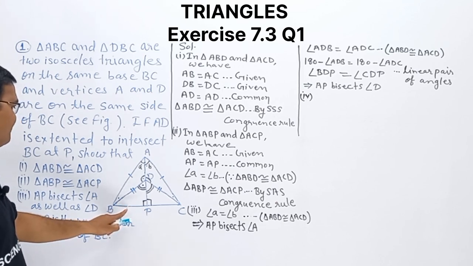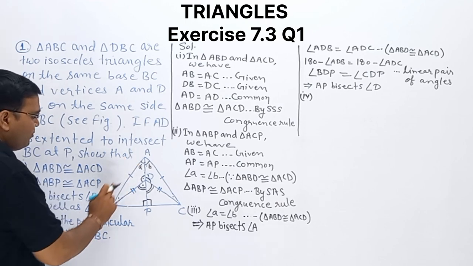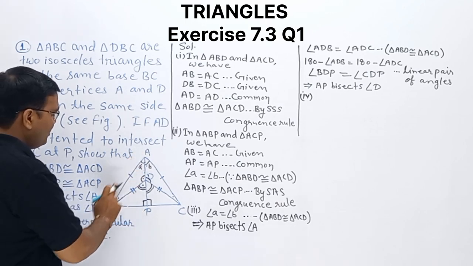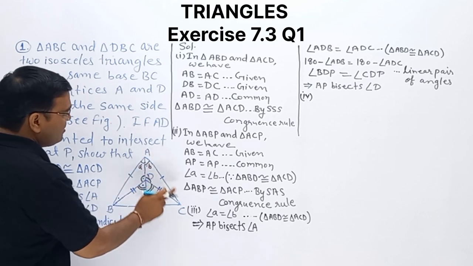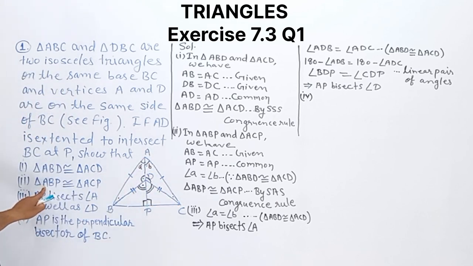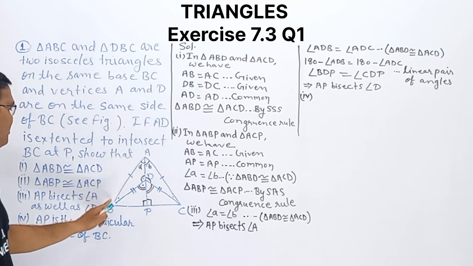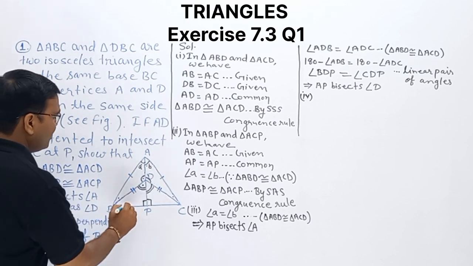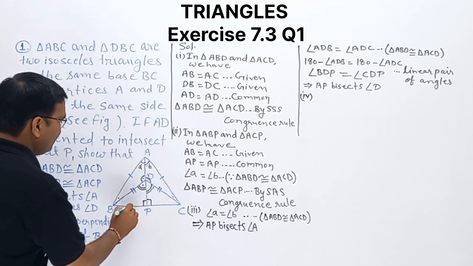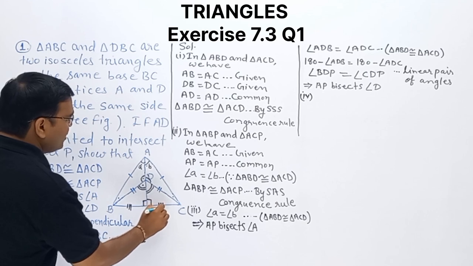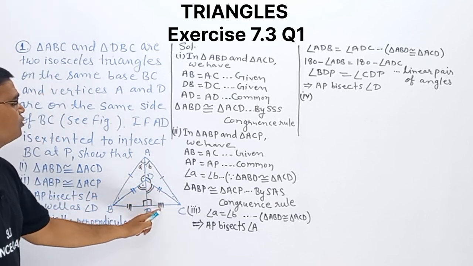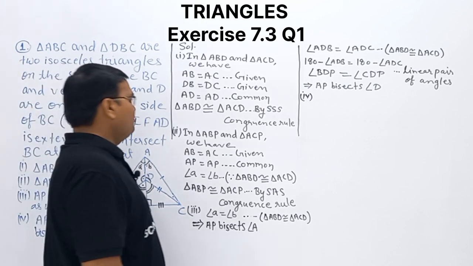We proved triangle ABP is congruent to triangle ACP in question number 2. ABP is congruent to triangle ACP, this triangle. It means this side equals this one, this side will be equal to this one, yes or no? This equals this one, this equals this one. So what we can say, BP